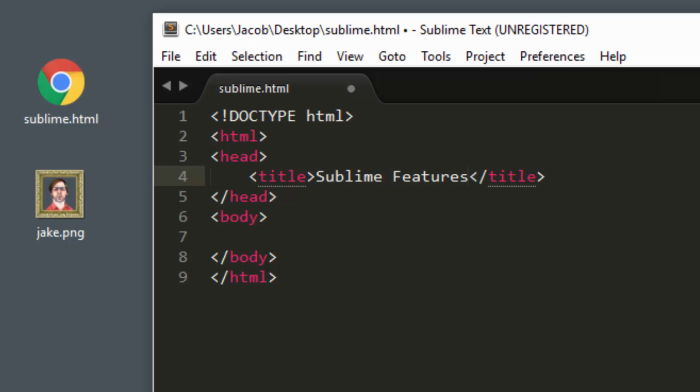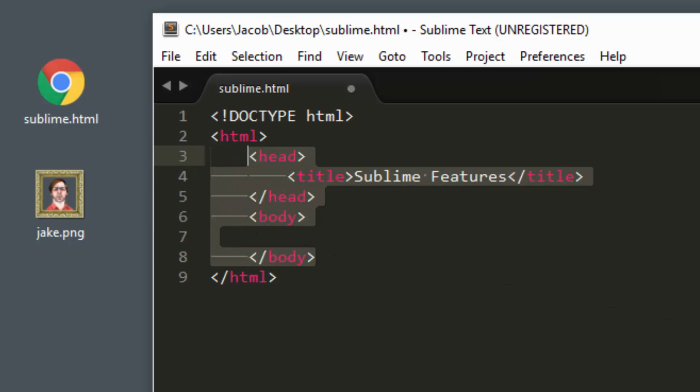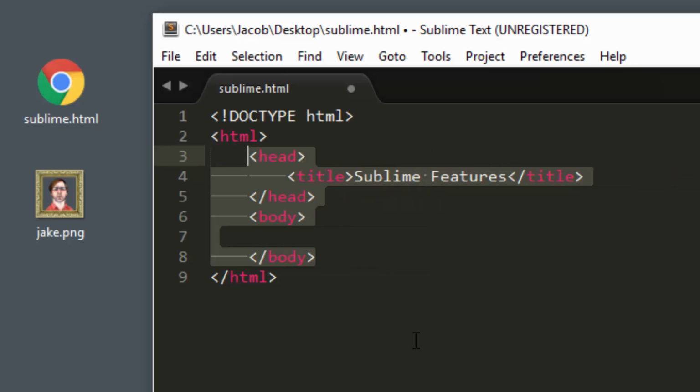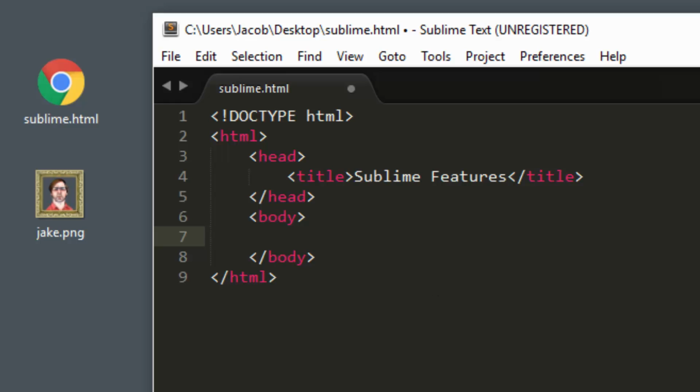To maintain a consistency in indentation, let's indent everything between the HTML and close HTML tags. I could go one line at a time, pressing Tab in front of each line to indent it. However, Sublime Text also allows you to indent large blocks at once. Just highlight the portion you want to indent and press Tab, and the entire block of code is moved to the right. I can press Tab as many times as I'd like. I can also move the code back to the left by pressing Shift Tab. This feature makes it easy to keep your code indented well.